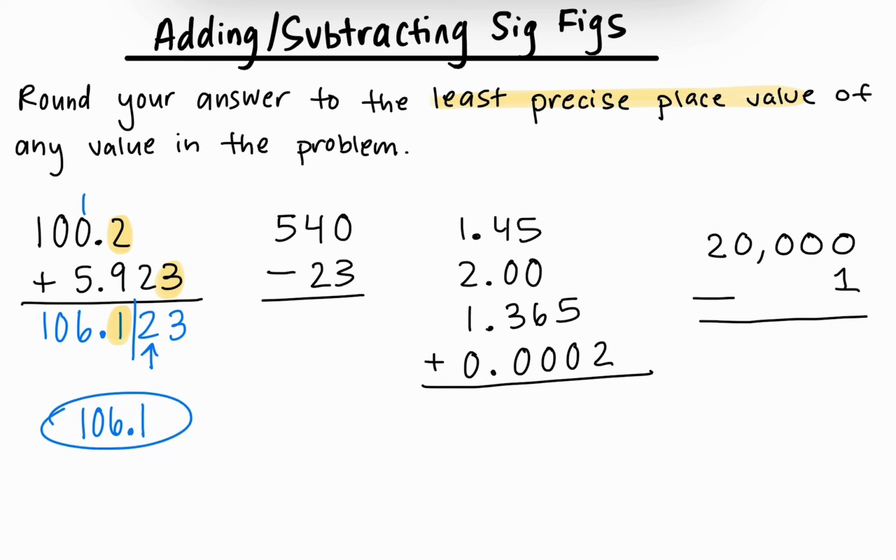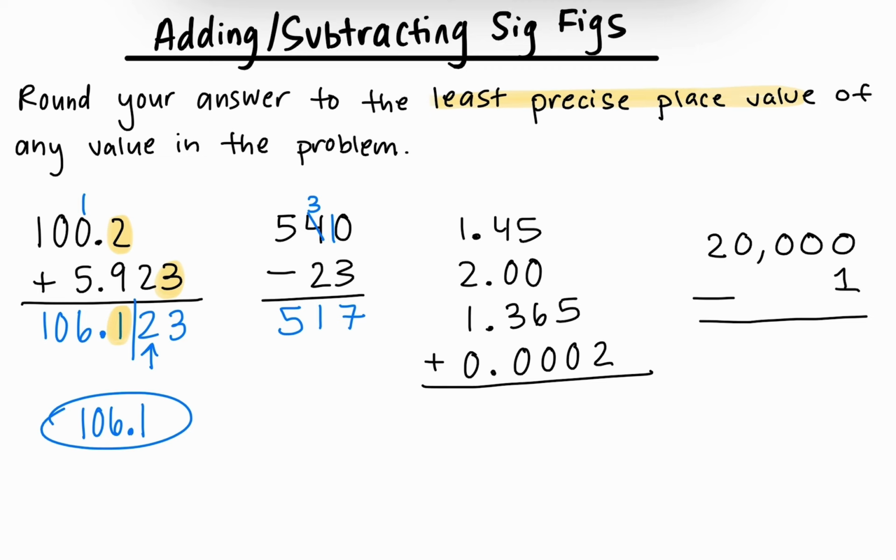All right, let's look at the next one. Again, we're just going to subtract like normal. So we can't take 3 away from 0, so we'll borrow 1 from the 4. So we have 10 minus 3, so we get 7. 3 minus 2, we get 1. Bring the 5 down. So we just subtracted like normal, and then we're going to look at the least precise